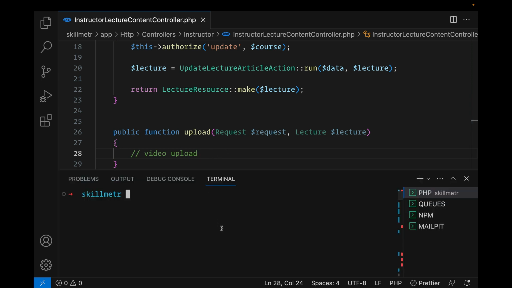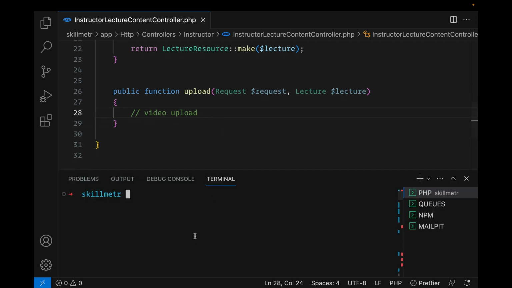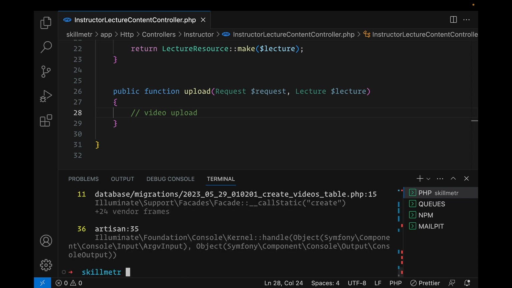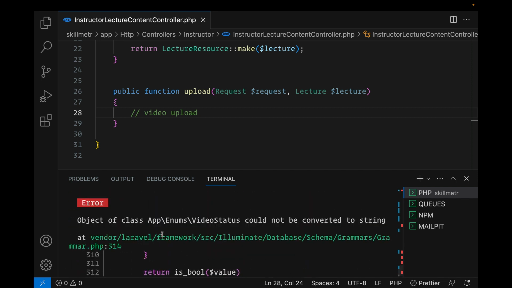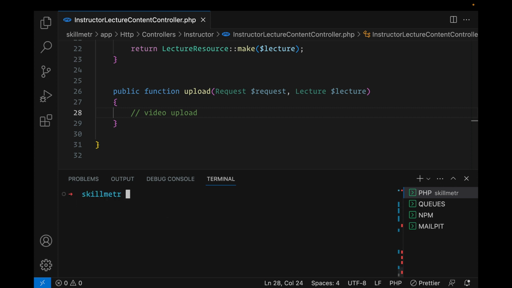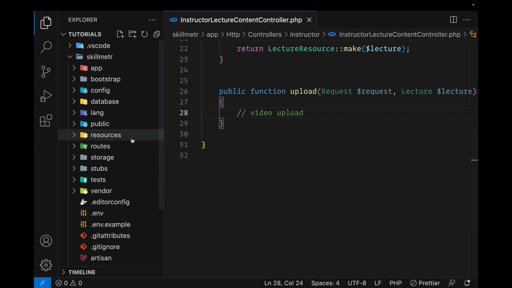One thing I remember, we haven't run the migration to create the video table yet, so we just have to run php artisan migrate, and we do have an error. We do have an error in the migration because we